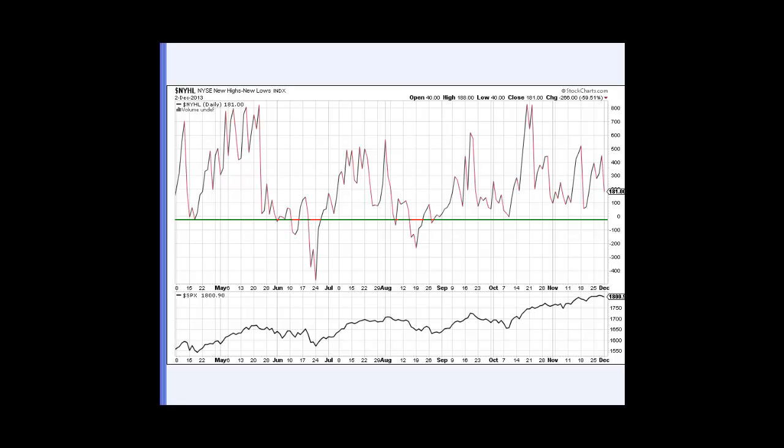Remember, pattern recognition is key here. And again, my guess is that we've actually had the Santa Claus rally since October 9th. We've been rallying up every single day, aside from a couple of small down days. To me, I think the Santa Claus rally has happened and is actually transpiring as we speak. So a pullback here, now, if we get a good, healthy pullback in the marketplace, somewhere north of like 5%,